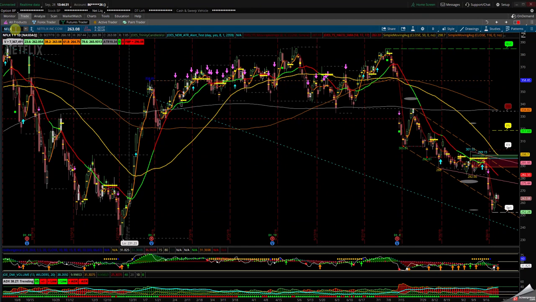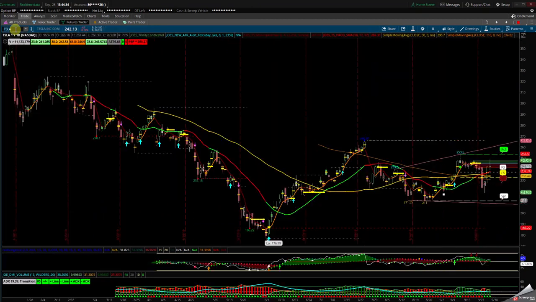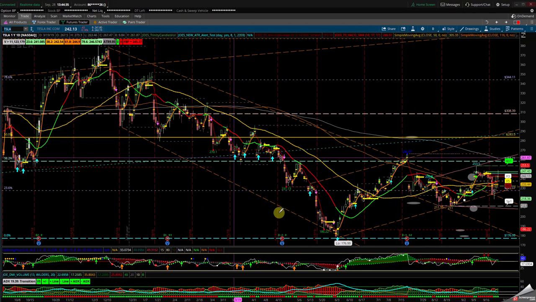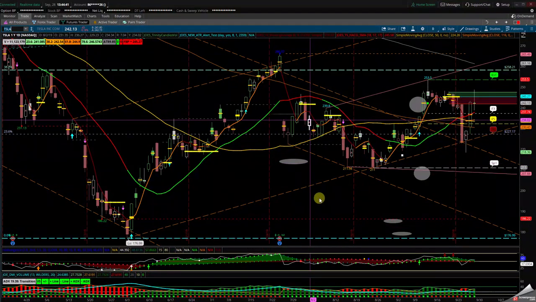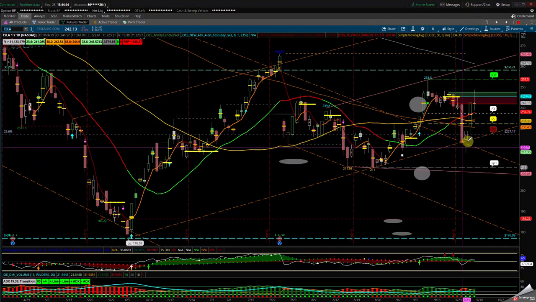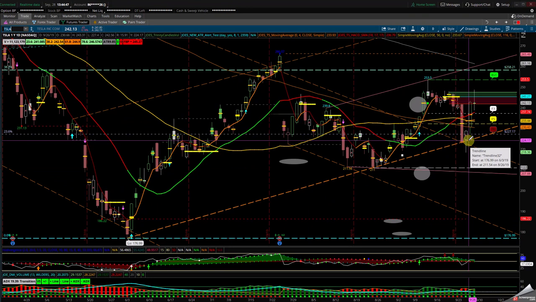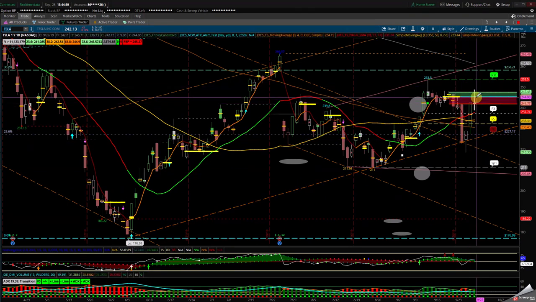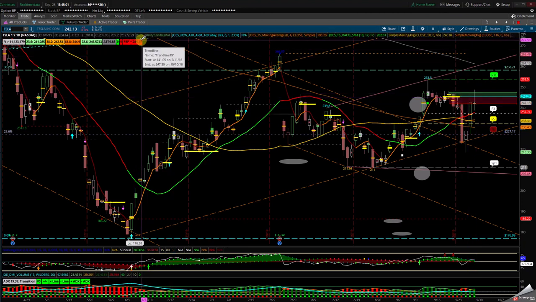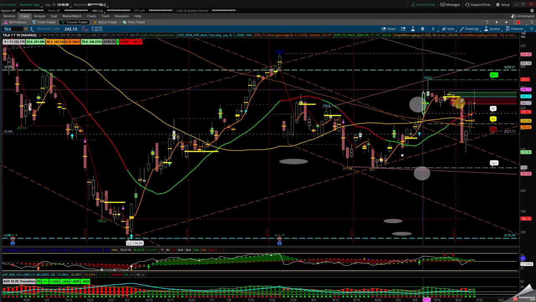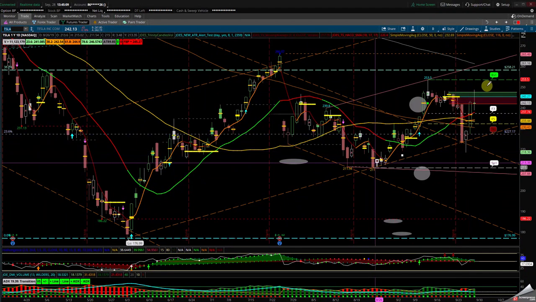Let's go to Tesla. Tesla seemed to want to break out of this channel that we had, trending down. Unfortunately, it retested the low, and on some reports that they're going to be delivering more cars, it got pushed up. So in order for Tesla to continue higher, it has to clear the 245 area in order to continue more bullish. You can see 245, let's call it 50 cents, in order to continue higher and create that cup and handle, which really came back in the same area to try to continue.